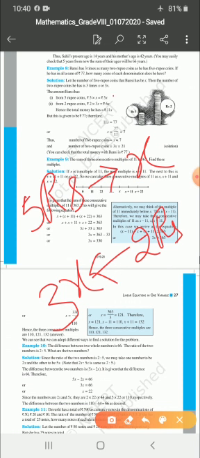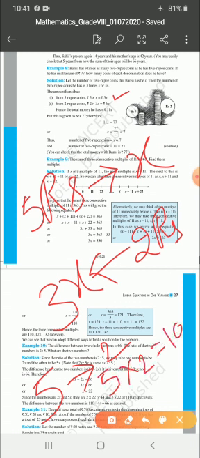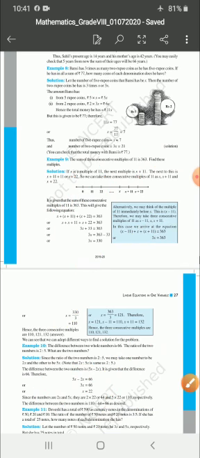See, 5 rupee coins x he has taken, so he has written 5x. How did he get 5x? For example, if you have 2 coins of 5 rupees, to get the amount, what will you do? 5 into 2, that is 10 rupees. In the same way here, 5 rupee coins, x coins, 5 into x, 5x is the amount. Next, 2 rupee coins are 3 times the 5 rupee coins, means 3x coins, and 2 into 3x, that is 6x is the amount.